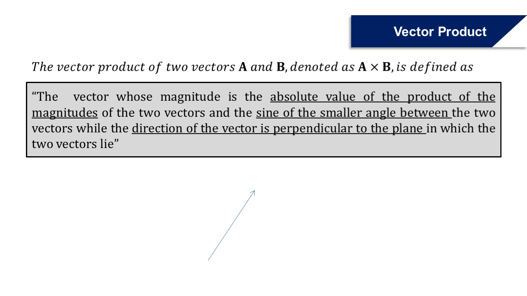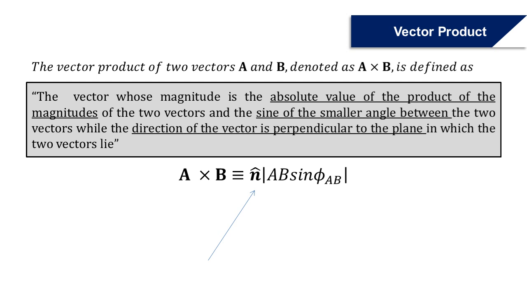So medyo mahaba yung definition niya, but mathematically, ito yung ibig sabihin ng vector product or yung ating cross product. So we have this notation, A cross B,